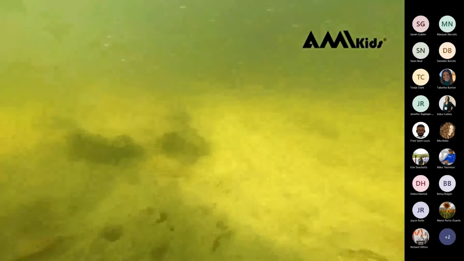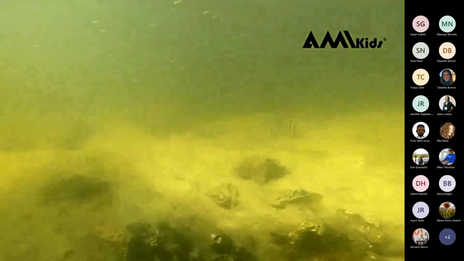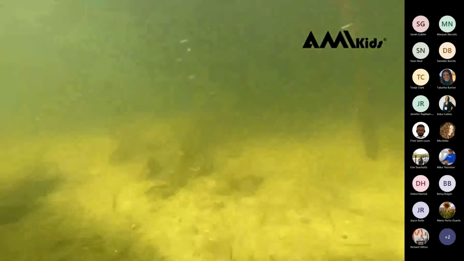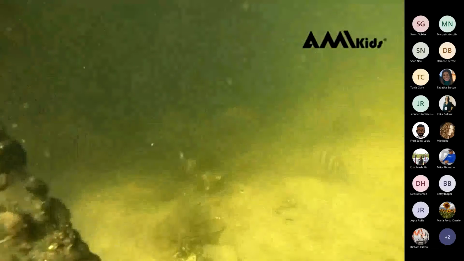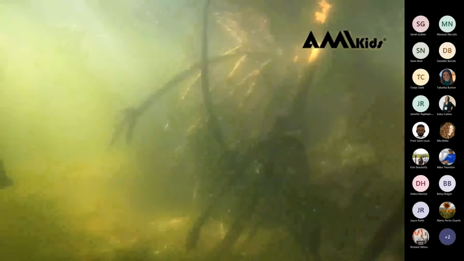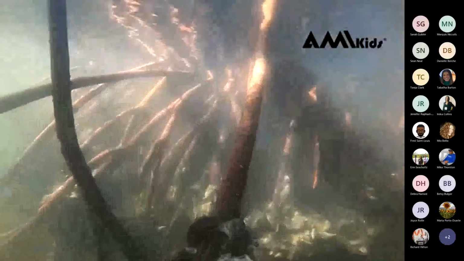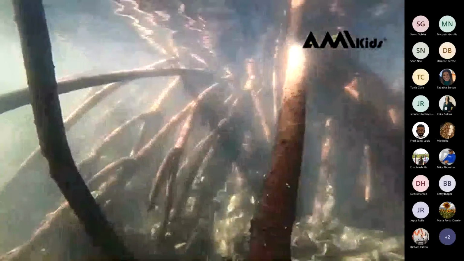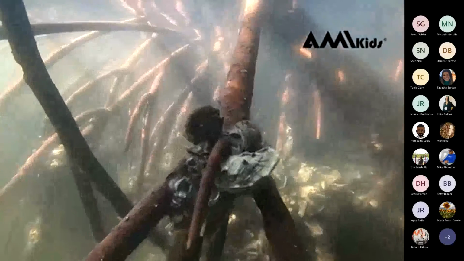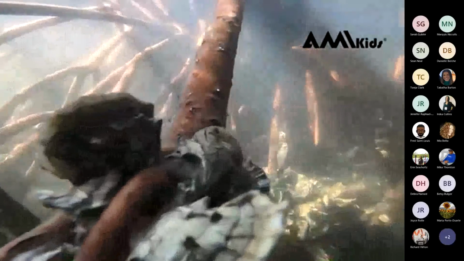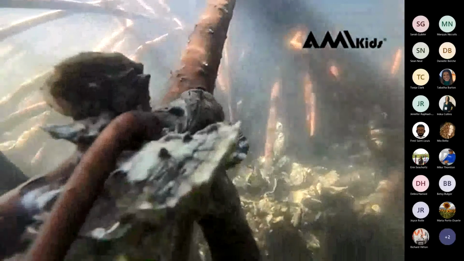All right, so we're looking at oysters. We might even see some snails down there. Oop, mangrove root right there. Just kind of scooch out of the way. There we go. All right, more mangrove roots. You can see that they're really reaching down towards the seabed. And all those oysters have attached themselves to the roots. Makes a really nice home for them, and they get to filter out the water, get some nice food, and make it cleaner for us. Win-win situation.